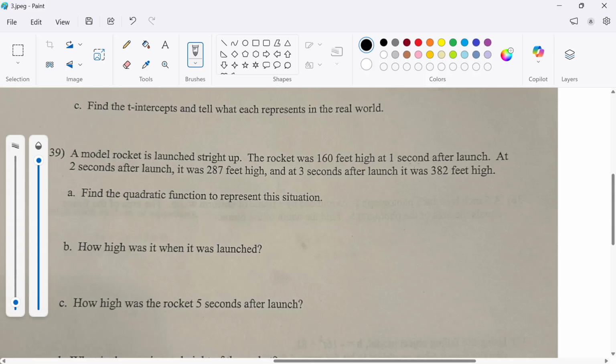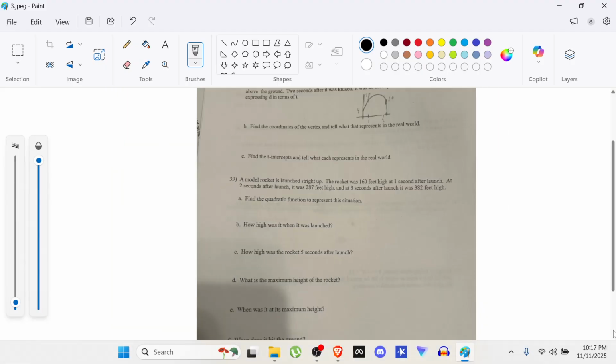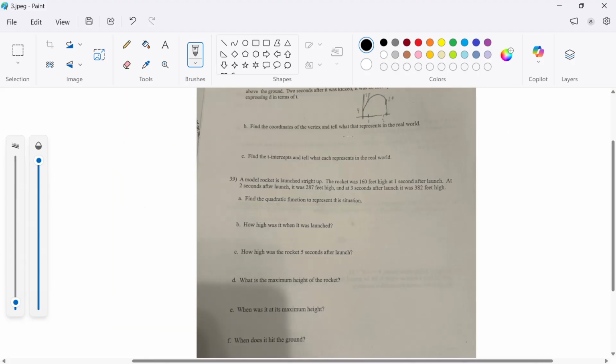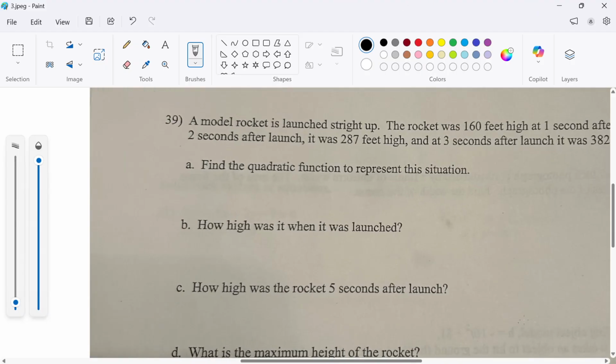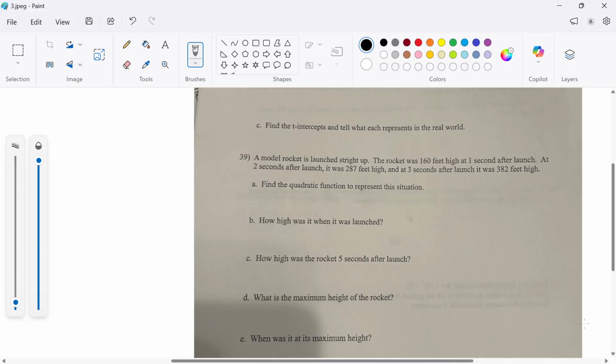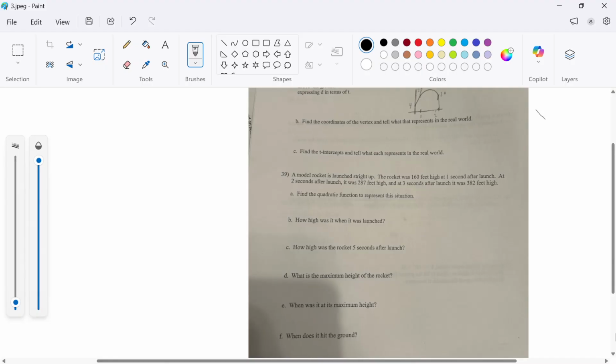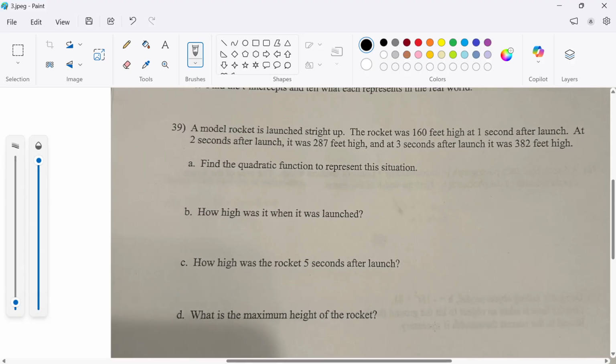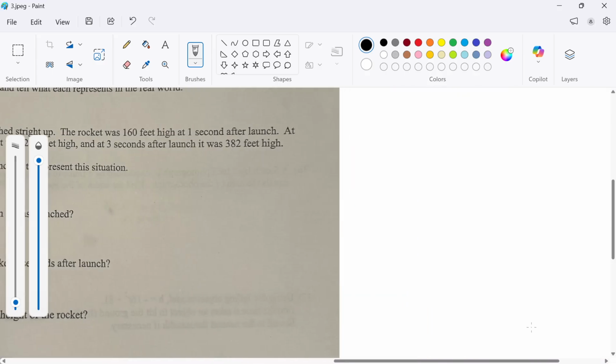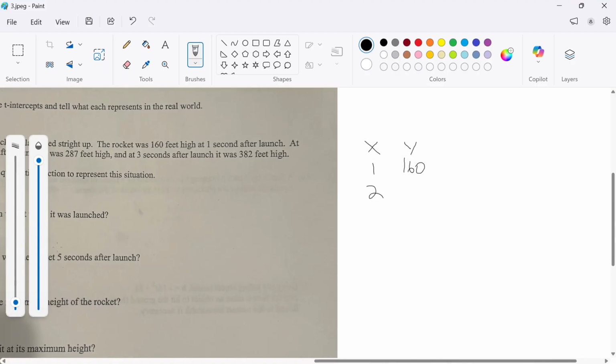So first, find the quadratic function to represent the situation. The question has given me 3 points, so I'm just going to write these down. Let me zoom in so I can see it. Okay, here it is. When x is 1, y is 160. When x is 2, y is 287. And when x is 3, y is